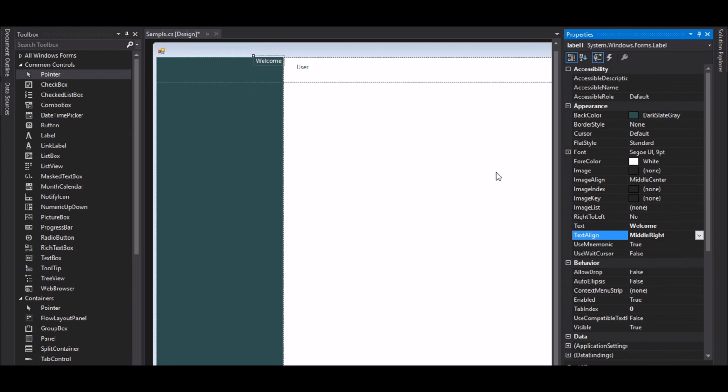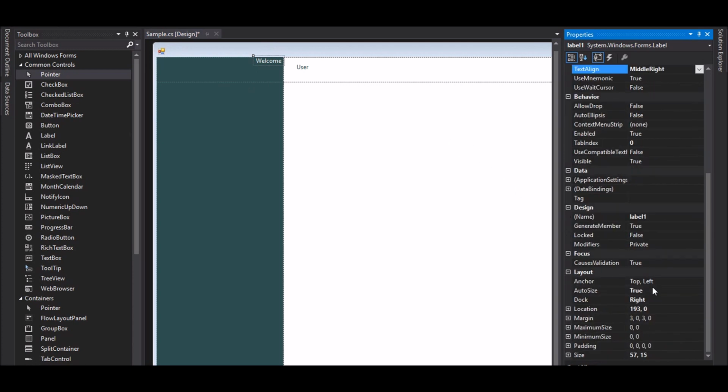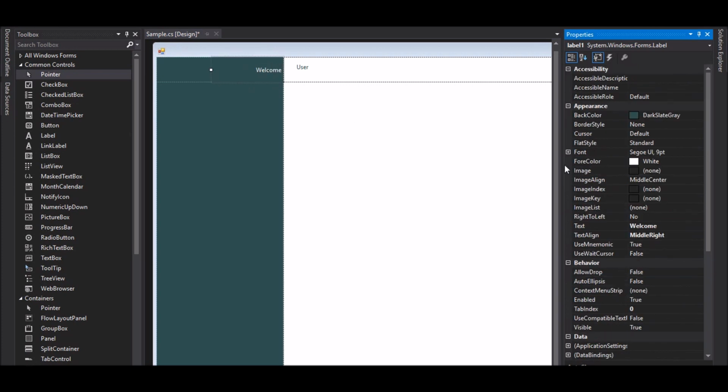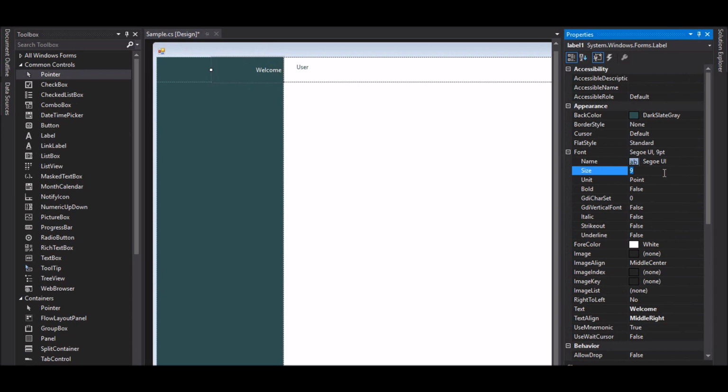Because it is auto size, it is not working for middle right. Now if you make auto size false, look, it becomes center automatically, and then increase the size. So these are the one time efforts, guys. 15 is the size, welcome. And then here you should also do this, so font size should become 15,